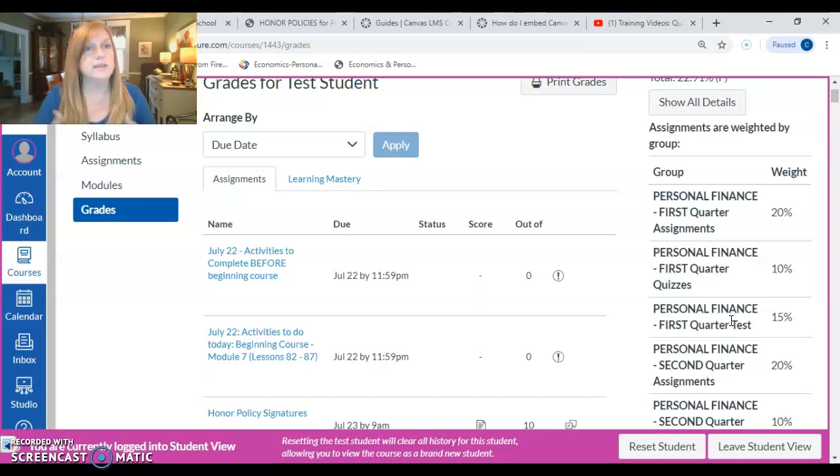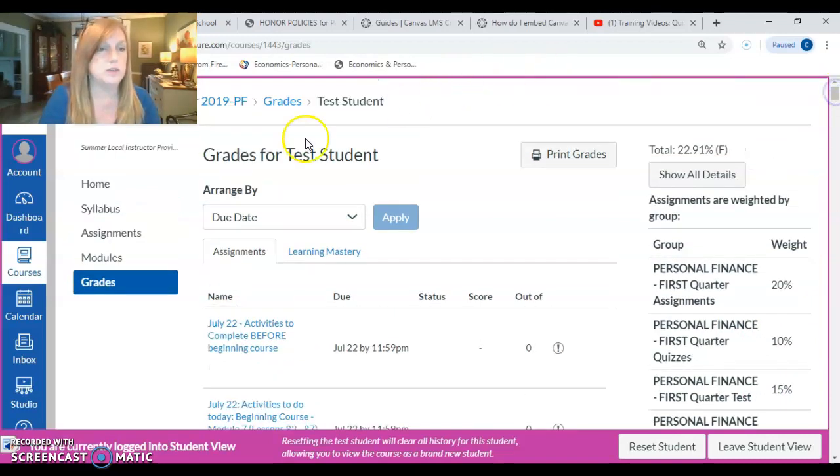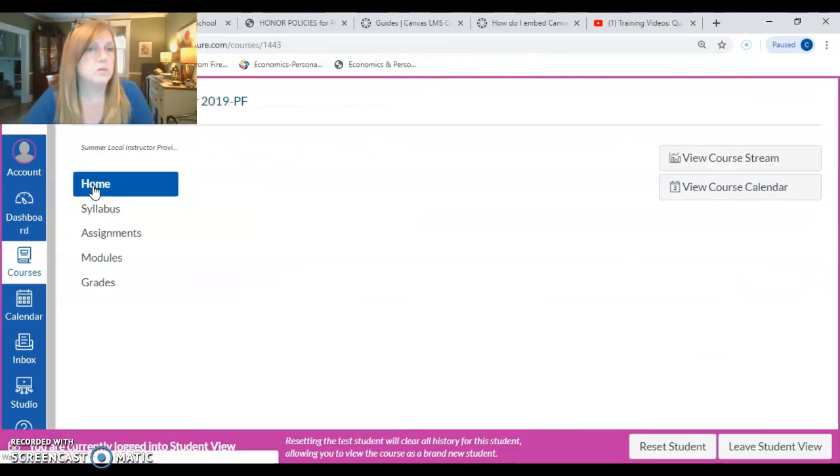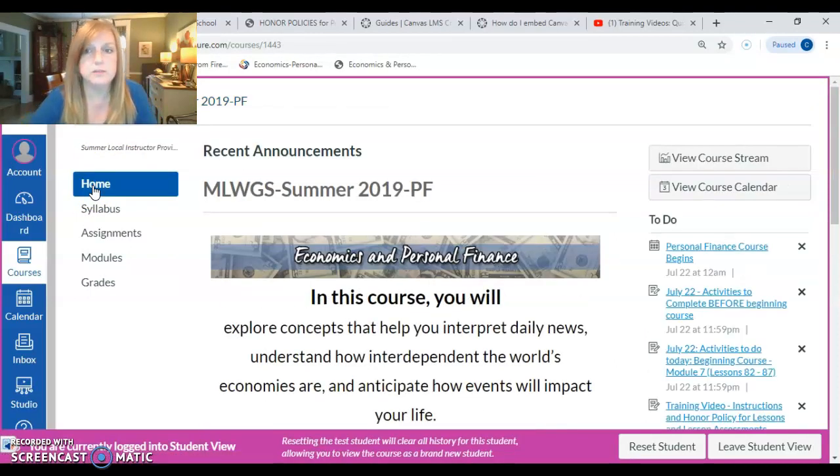So the next thing you will do is watch the video for instructions on the lessons and lesson assessments. And then you'll watch a video for instructions on the quizzes and tests and how to complete those items. But pretty much you're basically just going to work your way through the course by going through, hitting the next button. So like if you go to the home screen, just to kind of show you this, you can